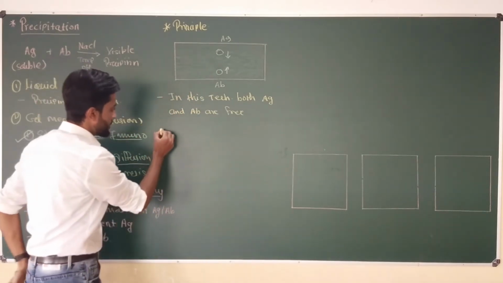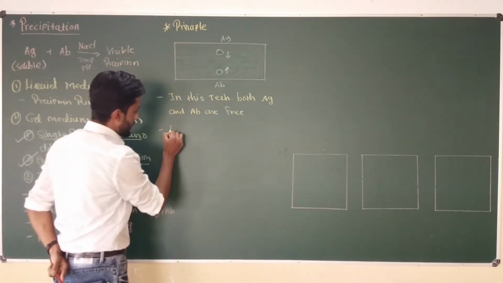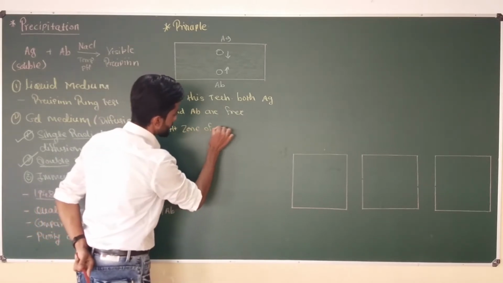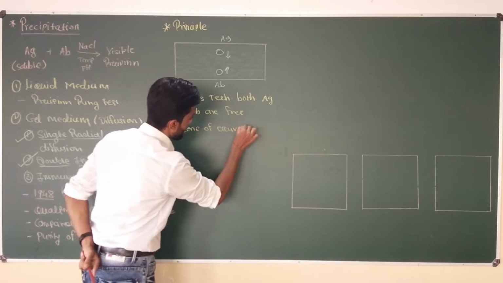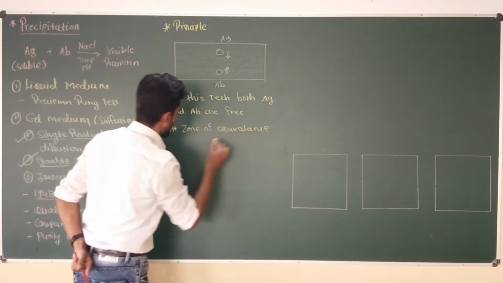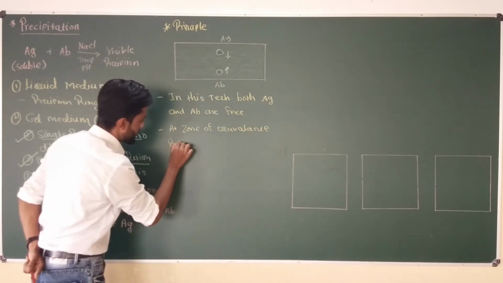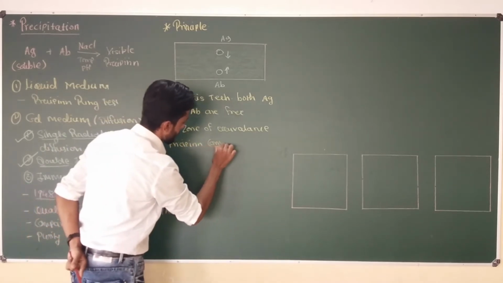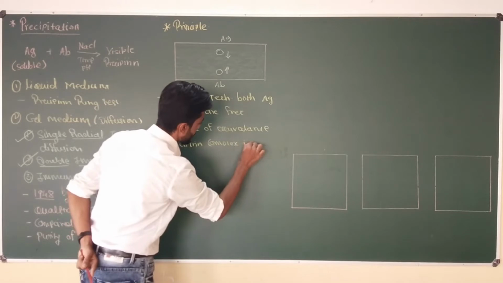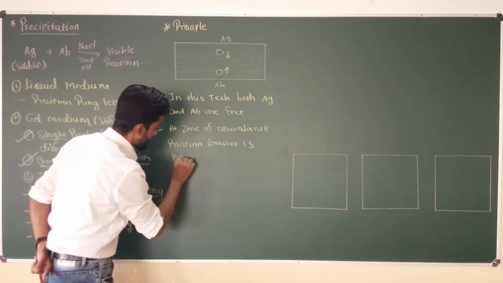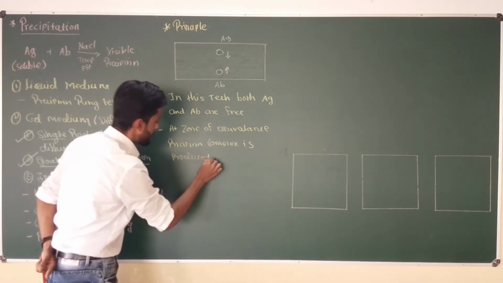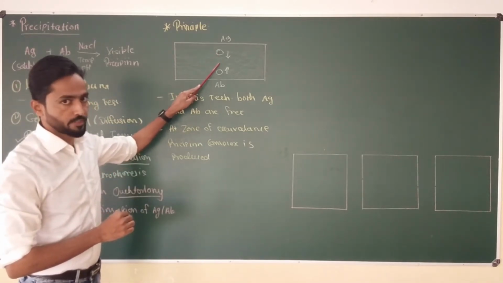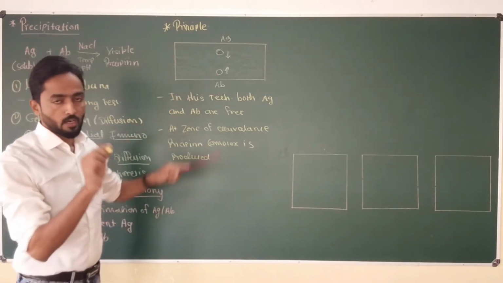And when they meet at the zone of equivalence, a precipitin complex is produced. When this complex is produced at the zone of equivalence, which is present between antigen and antibody, a white